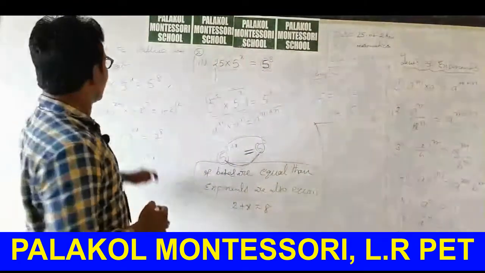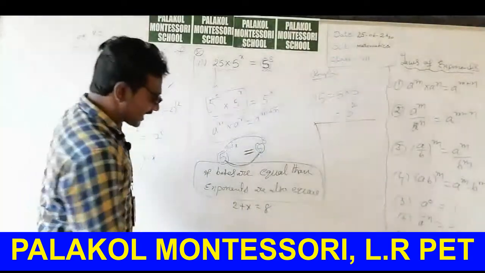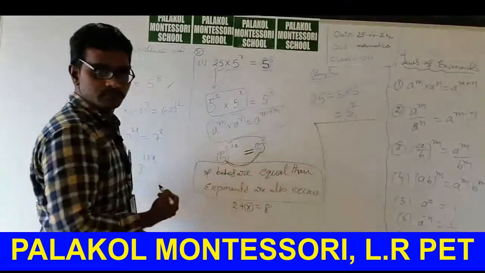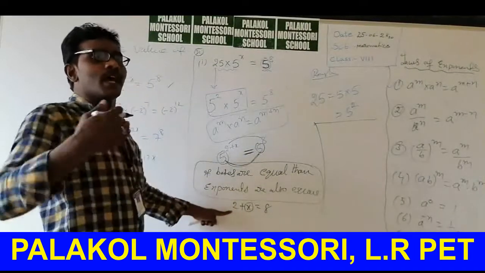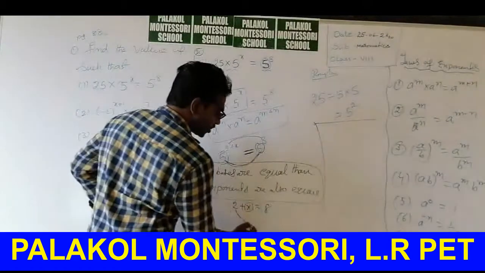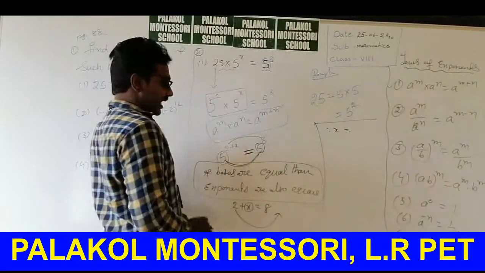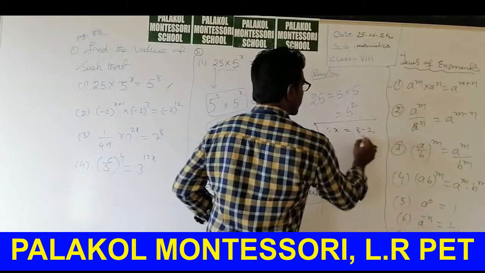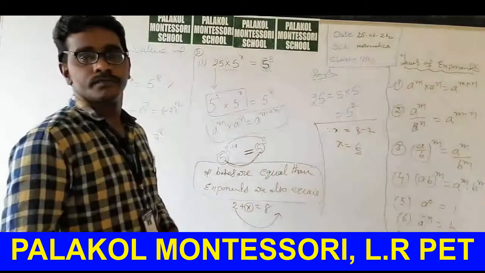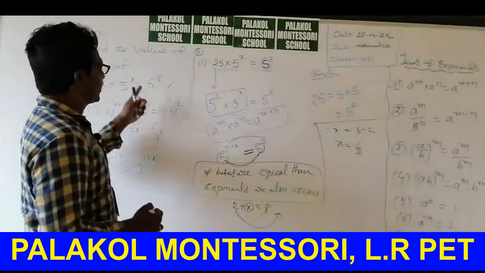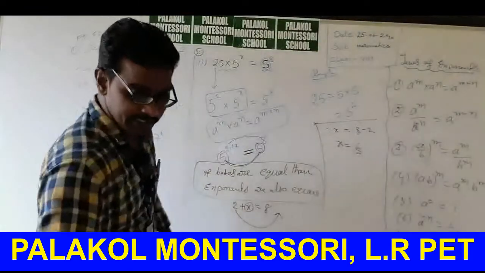What do you want? What does the title heading say? Find the value of x. Here x is on the LHS part, so one more number is there on that side, send it to the other side. See, this is plus 2, send it to that side. What remains here? Only x. x is equal to 8 minus 2, which means 6. So we get the x value in the first one. Is it clear? Now do the next one.